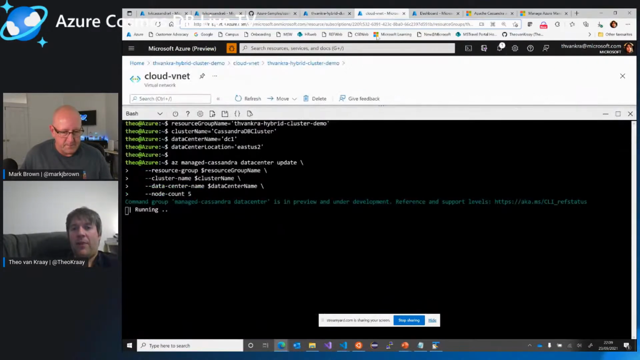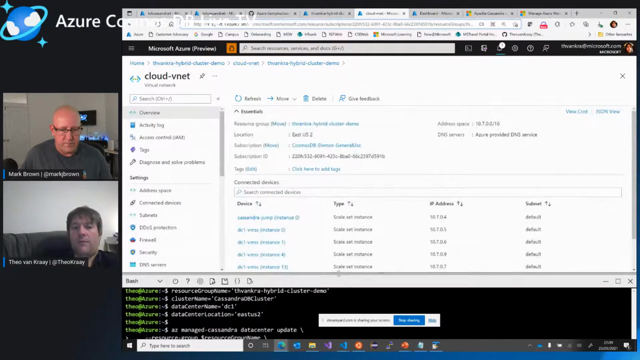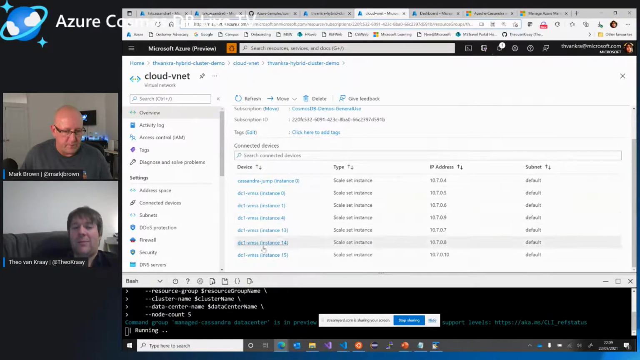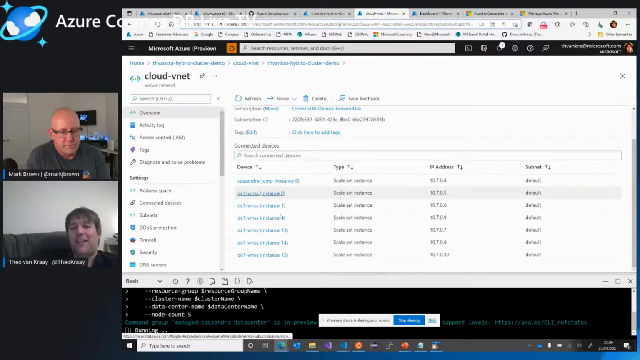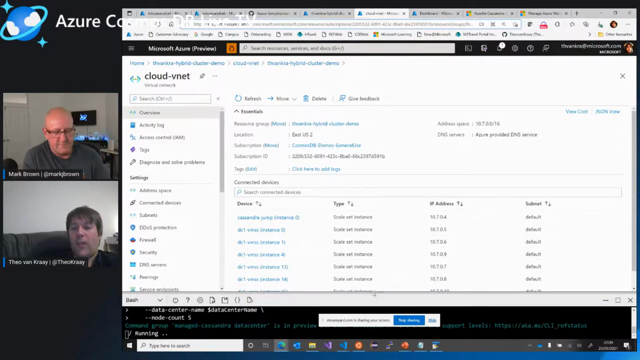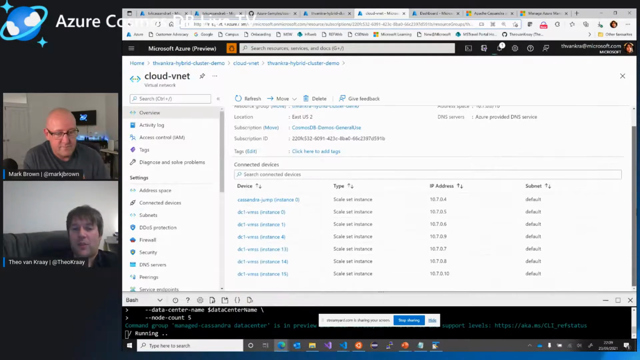Yep. So we should at least see that scale sets are spinning up. So don't be alarmed when you see more nodes than you expected. This is the way scale sets work. It has to provision a number of different addresses before it decides on the ones that you wanted. As crazy as that sounds. But hey, we're using scale sets in this service, so that's what that's doing. But yeah, eventually